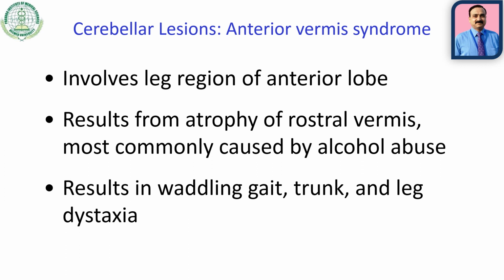neocerebellar. As we have seen in the last lecture, the archicerebellum is responsible for the tone and posture of the trunk muscles, and the neocerebellum is responsible for the skillful movements. So anterior vermis syndrome, or the archicerebellum, lesions of this part will lead to